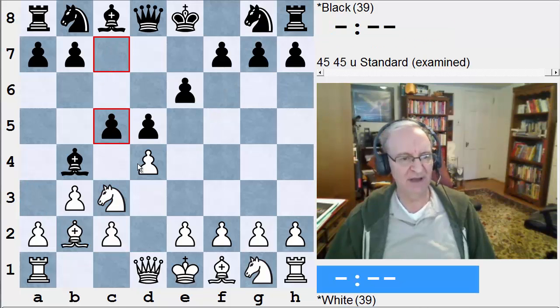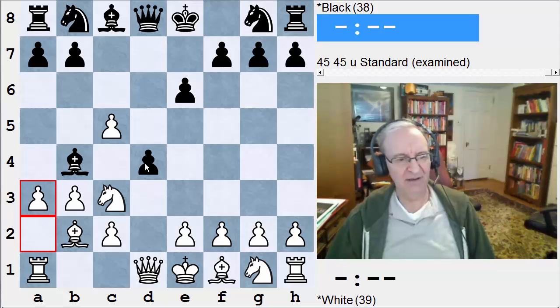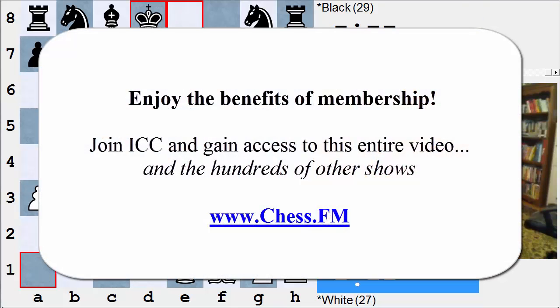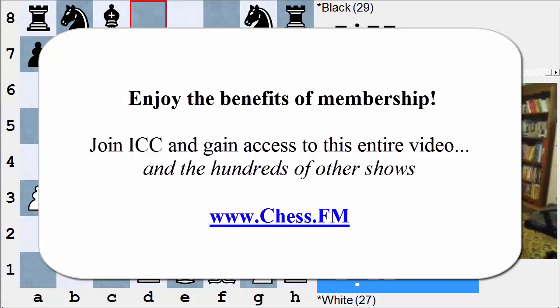For instance, c5, d takes c5, d4. And now let's say white plays a3. Black can take. White takes here, black takes back. If white wants to castle queenside check or play rook d1 check, he can. And now